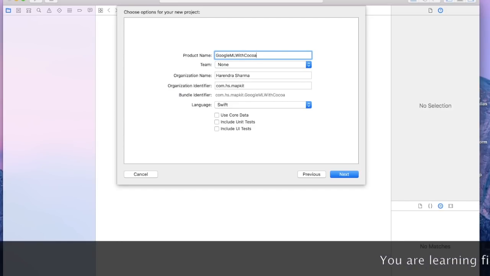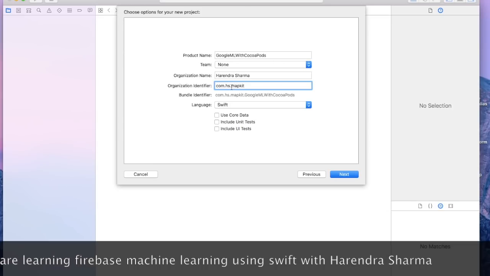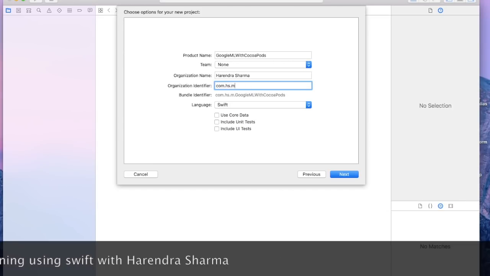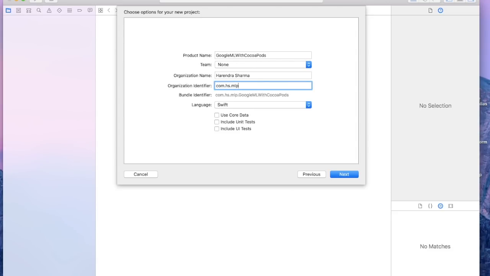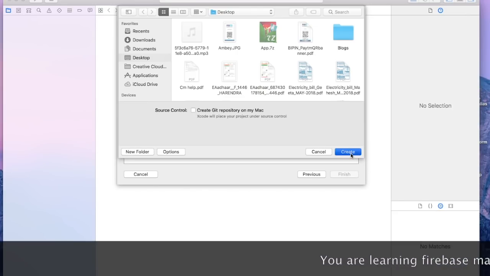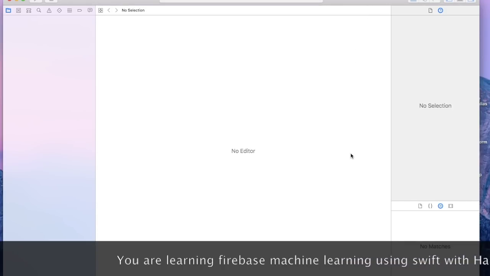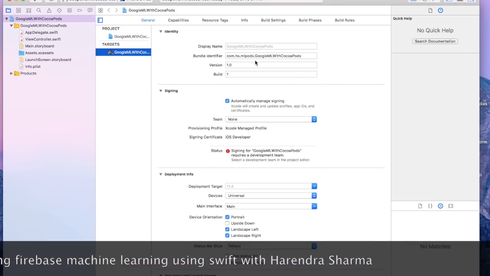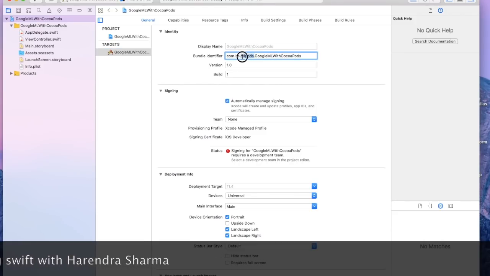Then we need to select your team, the organization name and organization identifier, and then the language in which you want to start your coding. Then you need to select to include unit tests, UI tests, and core data. Click next. Select the location where you want to set up your project directory. I'm sorting this bundle identifier because